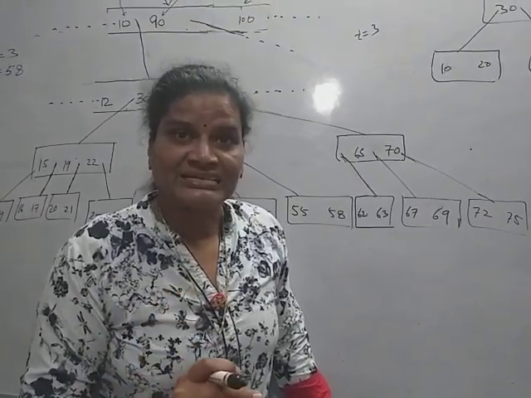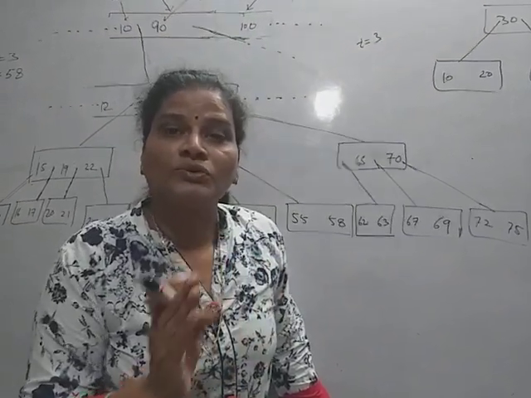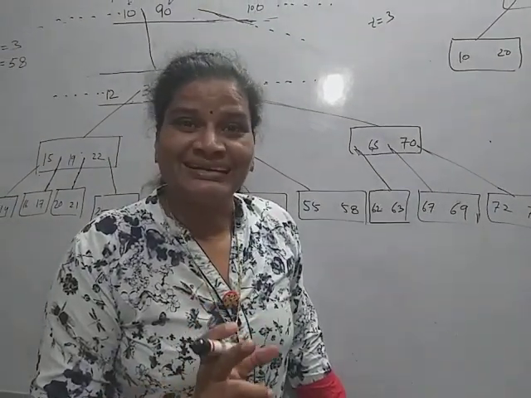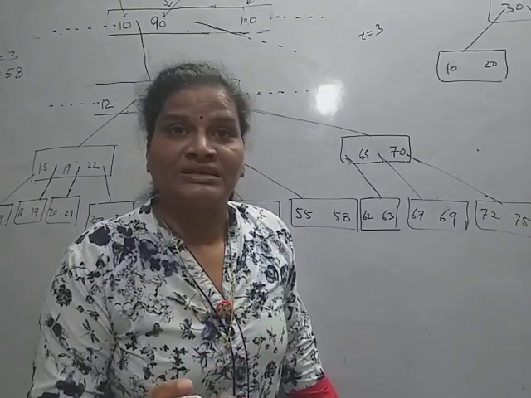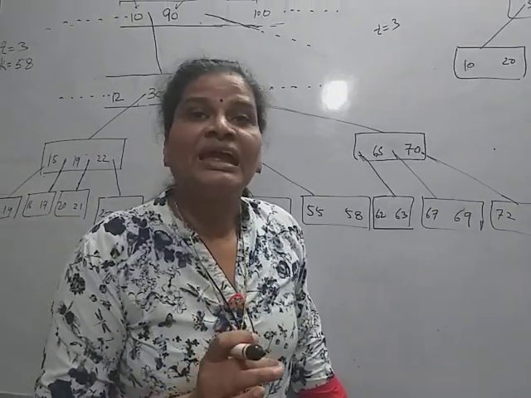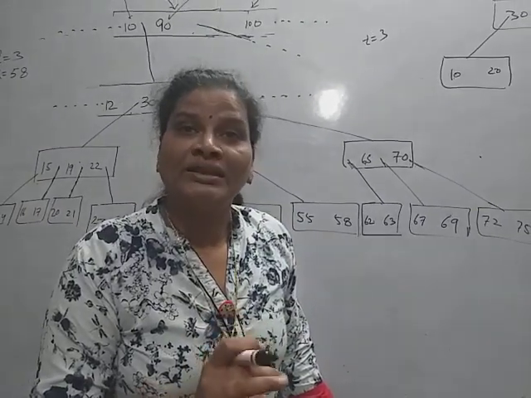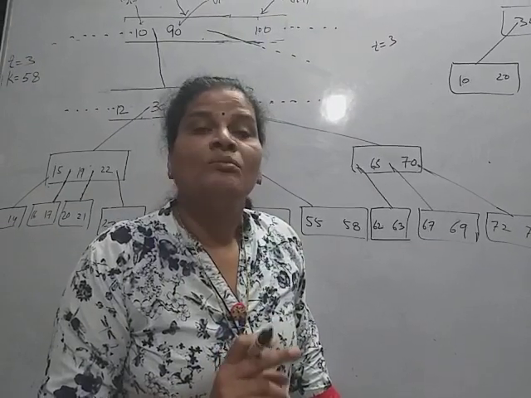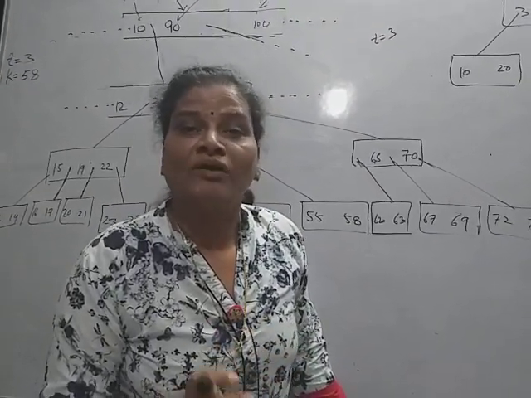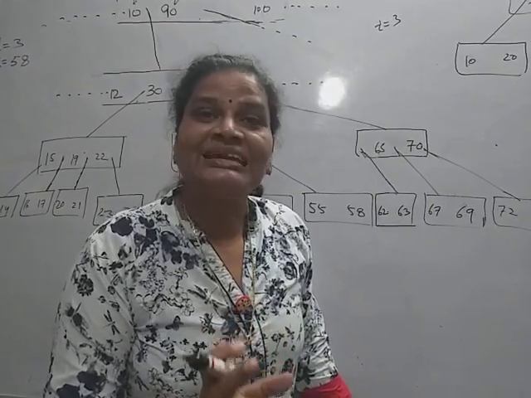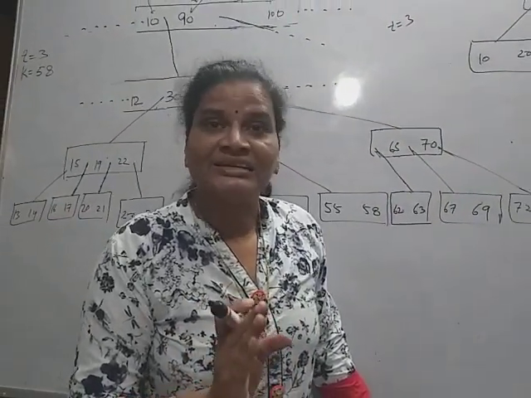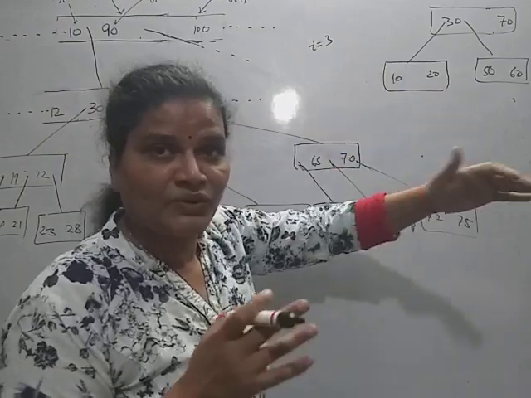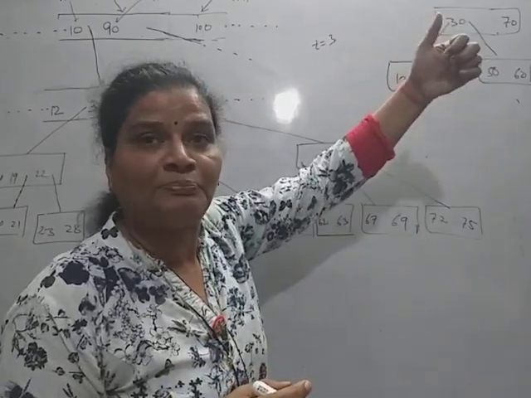in deletion, when we move from the root node down to the leaf in the path, if any node contains t minus 1 keys, then first before moving down we have to increase one key. Means every node must contain more than the minimum number of keys, that is t number of keys. So like in splitting, we split the full node and the middle tth key will move up to the parent.